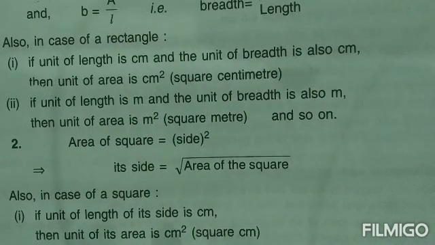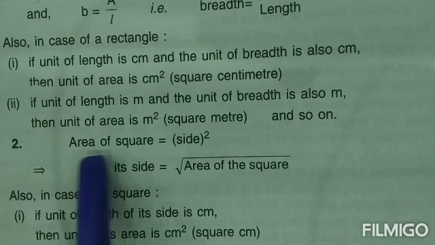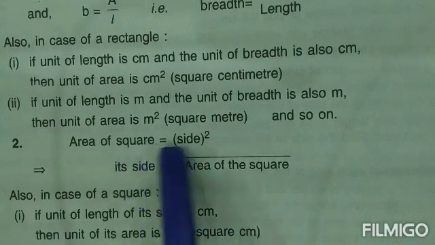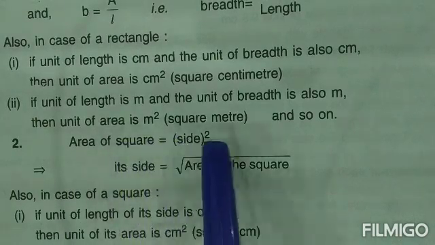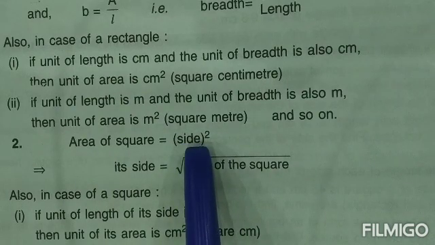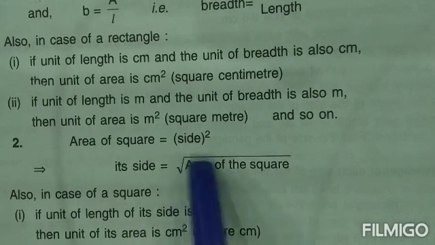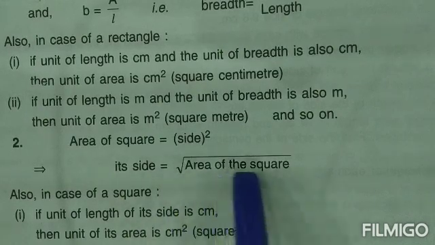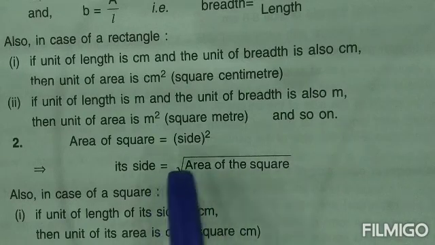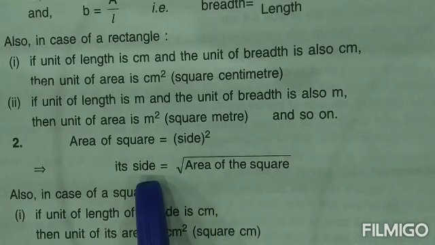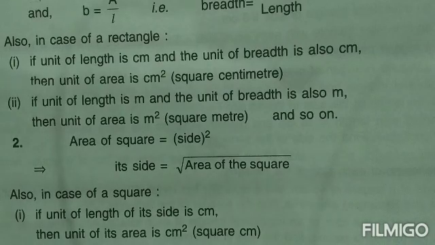Now there is one more formula, children. Sometimes you will come across questions where the area of a square will be given, and from that area of the square you will be asked to calculate the side. So for calculating the side, the formula is the under root of the area of the square. That means you have to take out the under root of the area of the square. That will give you one particular side. So these were certain formulas that are required before I begin with the B exercise with you. Now after you have clearly understood these, let's begin with the questions of 32B.